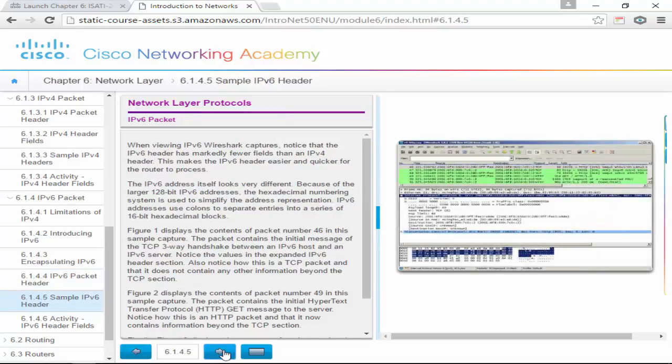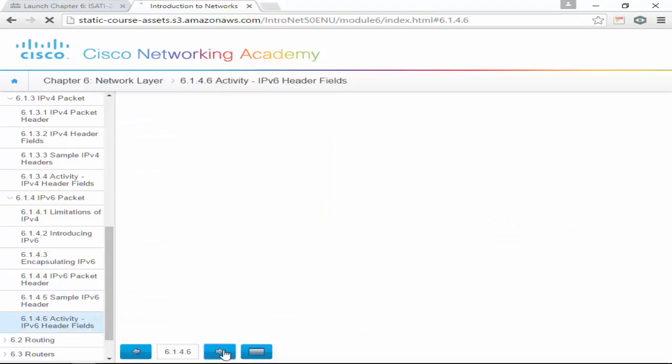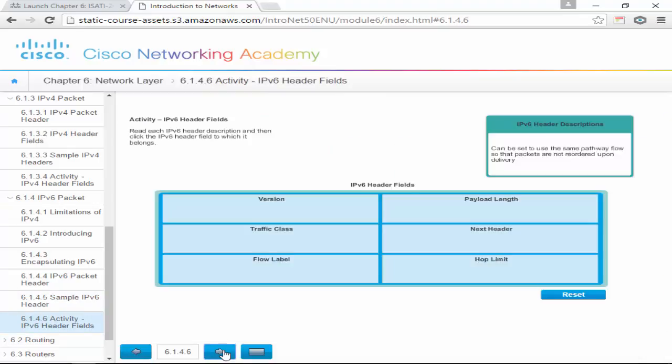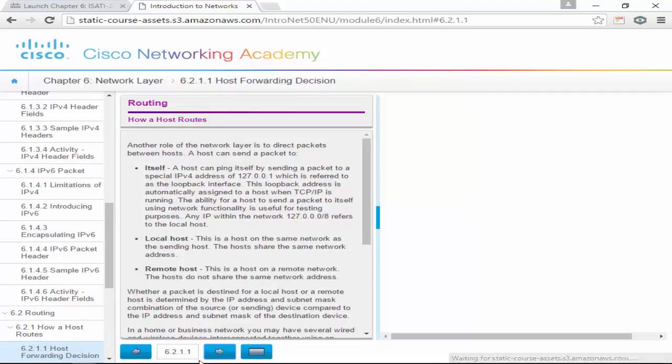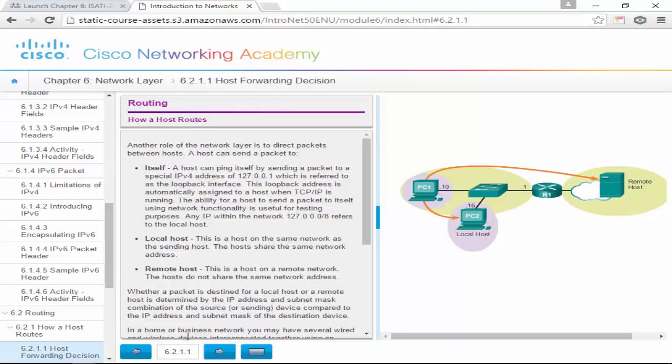And if you're interested in seeing this header, we could set up IP version 6 in class so you can see that header and the differences. Alright, so